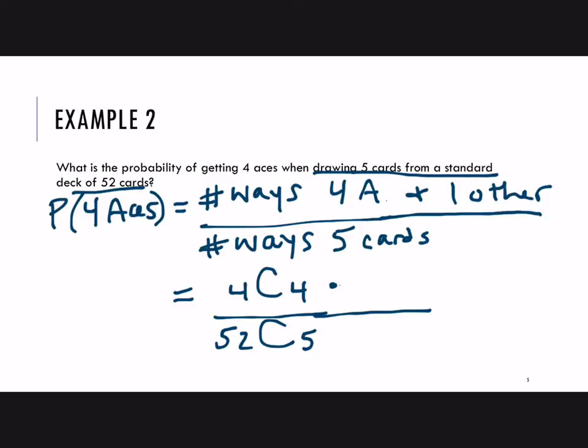The number of other cards is 48, that's 52 minus the 4 aces because they've already been picked. And then we need to choose 1 of those cards. That's correct. So there's 1 way to choose the 4 aces, but then there are 48 ways to choose the other card. And then 52 choose 5 is